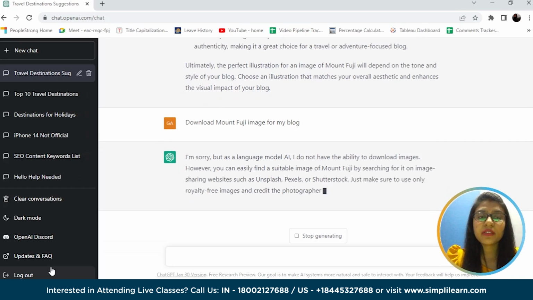We can only get the recommendations to choose the image. And yes, it is showing some suggestions of Unsplash, Pexels, or Shutterstock to download the image. So we can navigate to these websites and download some of the required images for our blog. So we have completed the image optimizations.